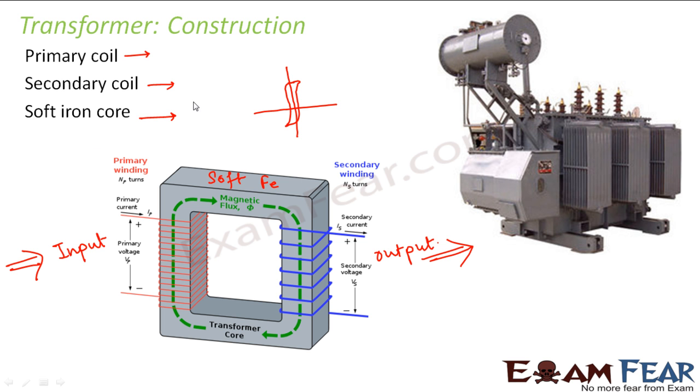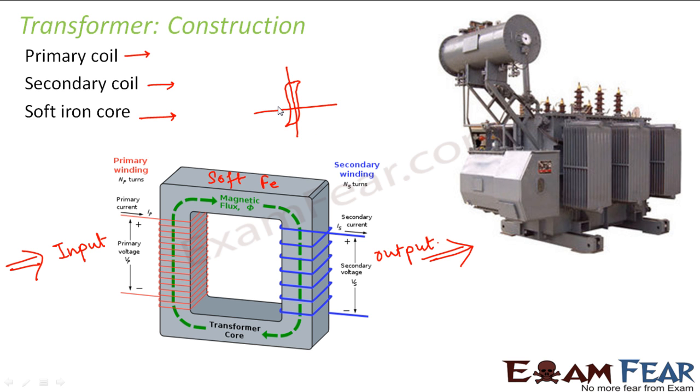So soft iron core is a material for which the area of the hysteresis curve is extremely less, and that is why soft iron is chosen as an appropriate material for the core of transformers. Sometimes people may say that if we really need a magnetic material, we can use a permanent magnet. But we cannot use a permanent magnet, because for a permanent magnet, the amount of loss involved is extremely high. Because of the huge amount of hysteresis loss, a permanent magnet is not at all suitable to be used as a transformer core.